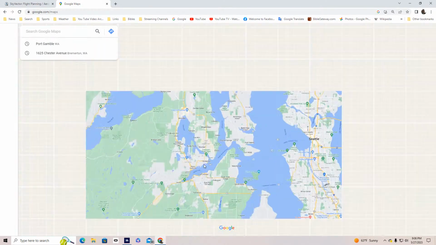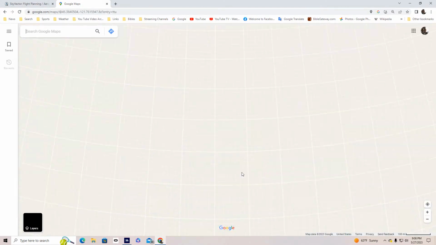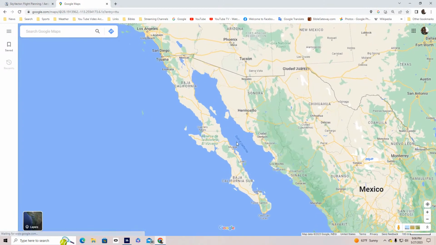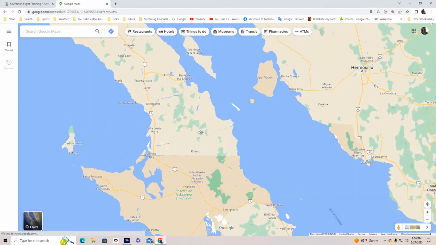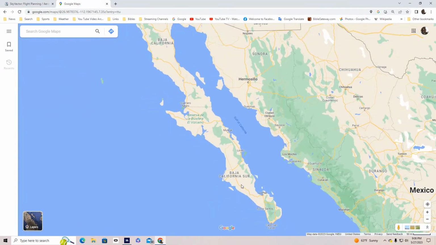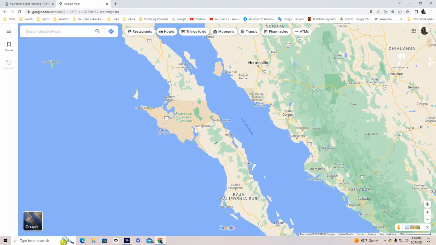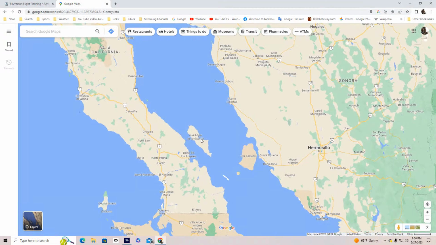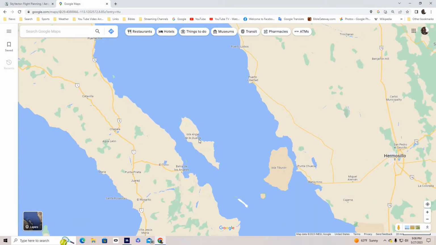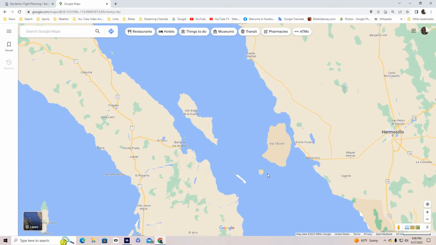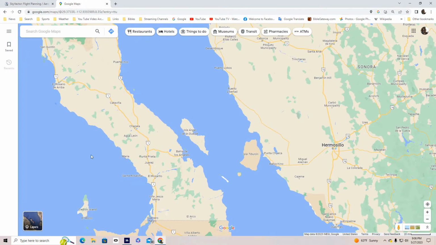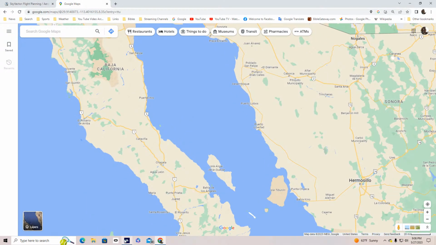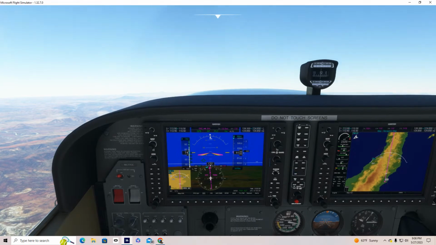Maps. What I want to find. This is where we're flying over. See that? This right here. This is Baja California Sur. So you can see that it's two states right here. But there's the Isla Angel de la Guarda, and then the island Tiburon. I'm not sure where the Guadalupe Island is, but anyway, I'm hearing some changes now on my plane.